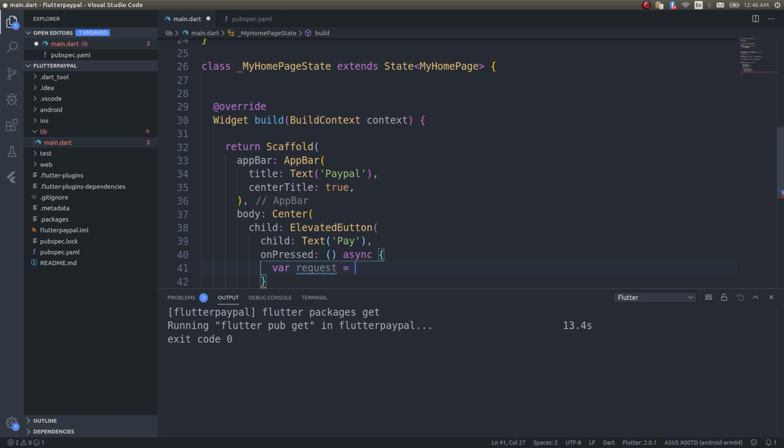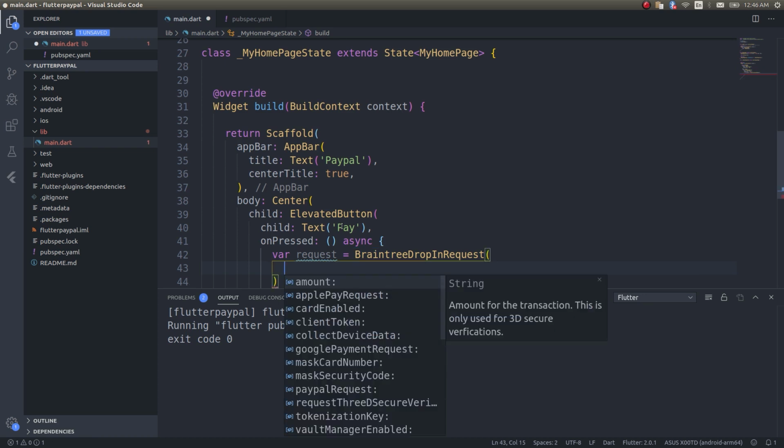Whereas drop-in UI is something you can just drop in and it'll take care of everything. You'll see that in a minute. Just wait. We'll just make use of the drop-in. Braintree drop-in request